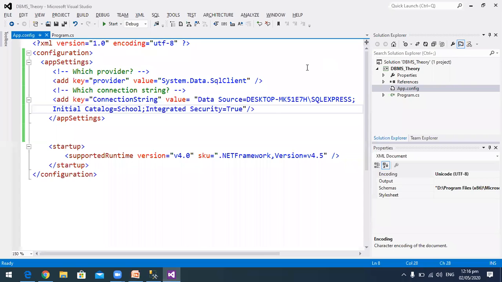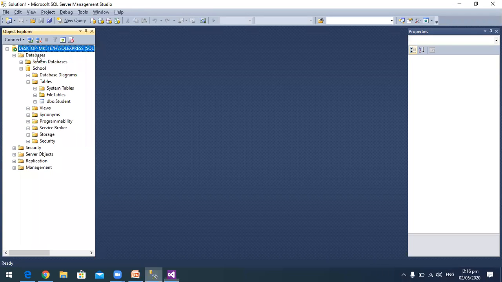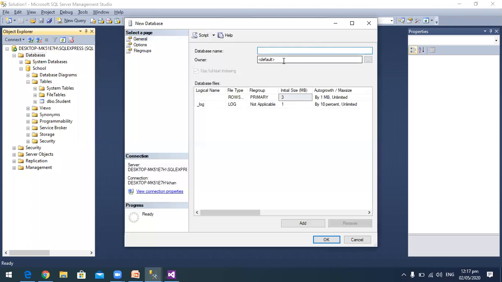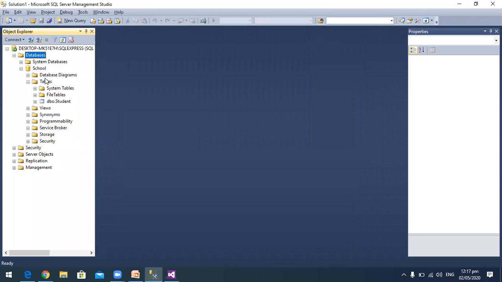Let me repeat what I have told you. First, I created a new database. I right clicked on databases, created a new database, and here I specified what the name of the database would be. Then I created a new